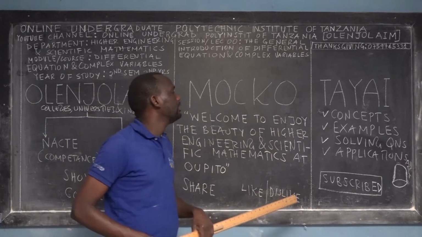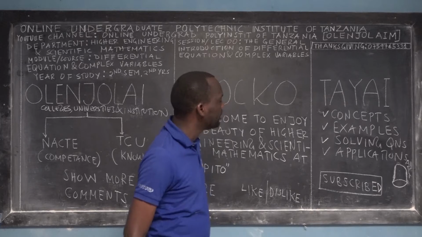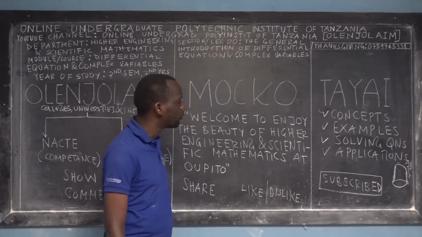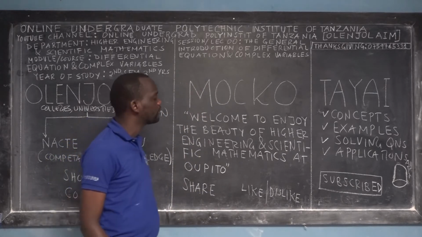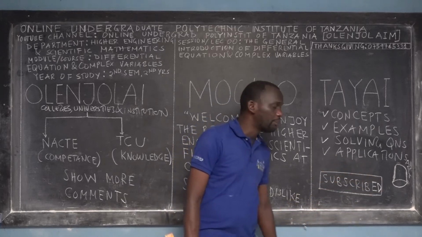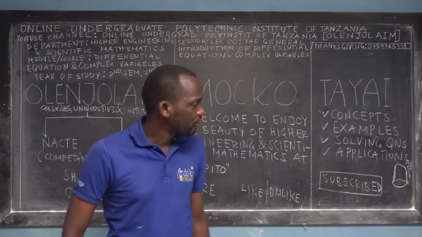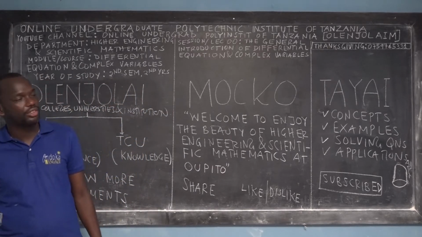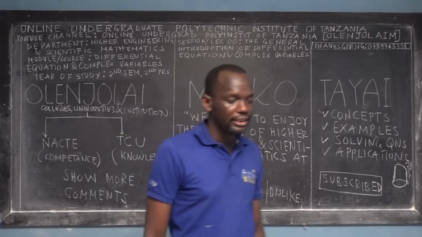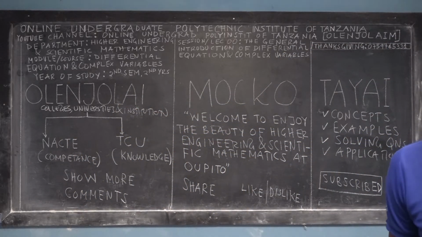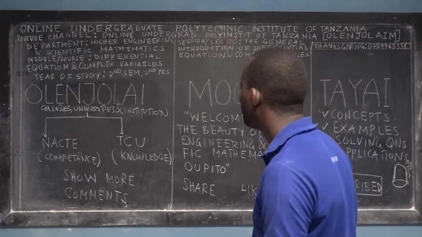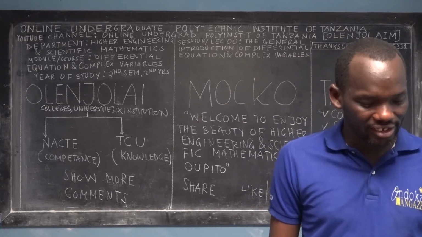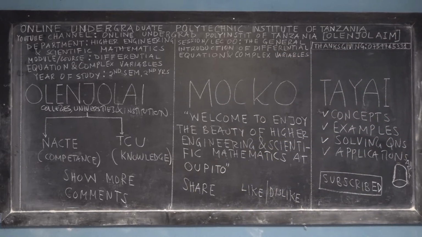Again, in this online institution, we'll be teaching you different concepts and different examples. We'll teach you how you can solve engineering and scientific mathematics questions. We'll teach you about applications, right? Where do we apply this information? How can you apply it? Because you can know where you apply, but the issue is how you can apply it. So that is the piece of information that we would like to share with our students. It's very interesting, because differential equations and complex variables are a very interesting subject.